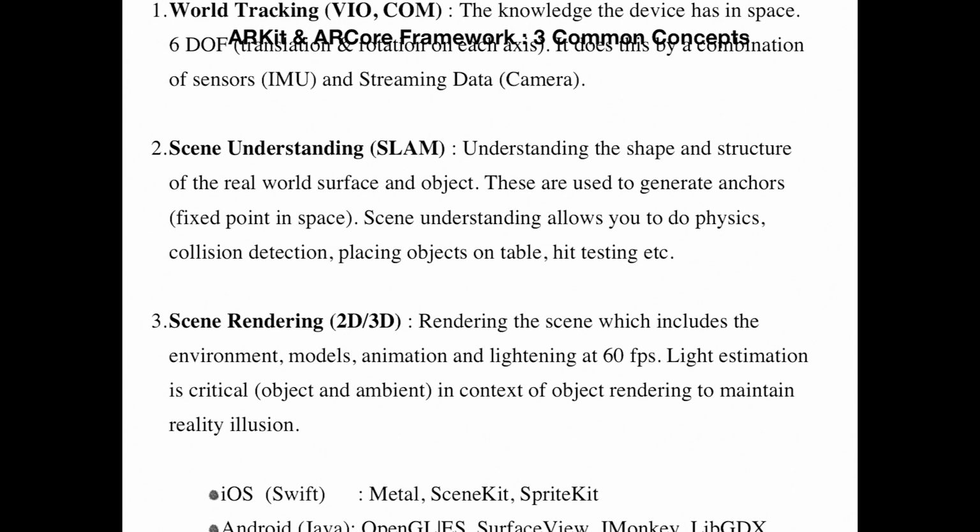The slide kind of got cluttered, but this is the most important slide, and basically it's important to understand the concepts. Both frameworks, ARKit and ARCore, have encapsulated a lot of the hard work. If you read the computer vision and augmented reality papers, they talk about a lot of these terms, including SLAM, visual odometry. Google's framework, they call it COM. It's something similar. So the first problem these frameworks solve is tracking.